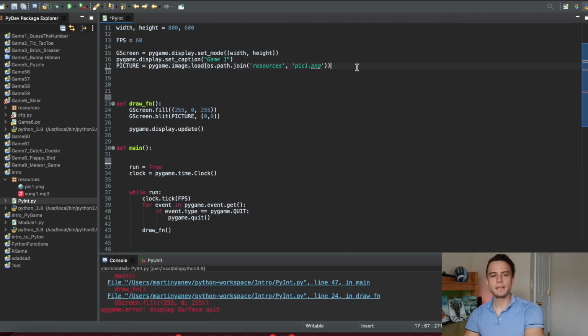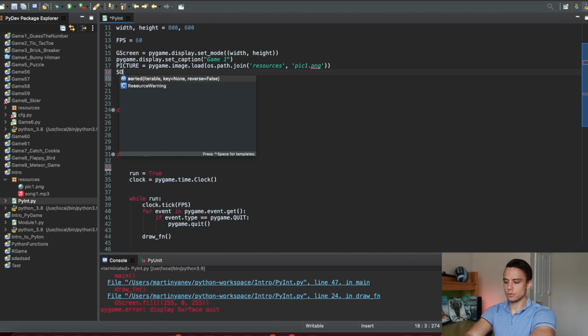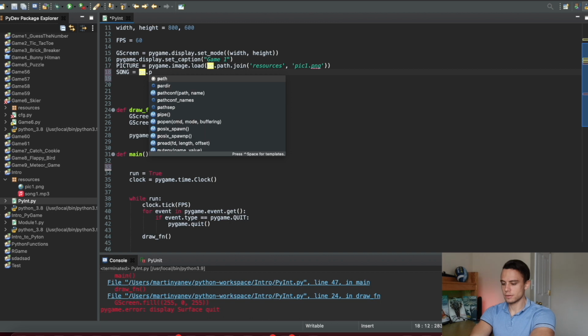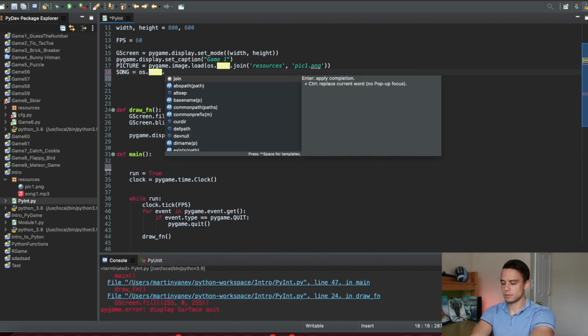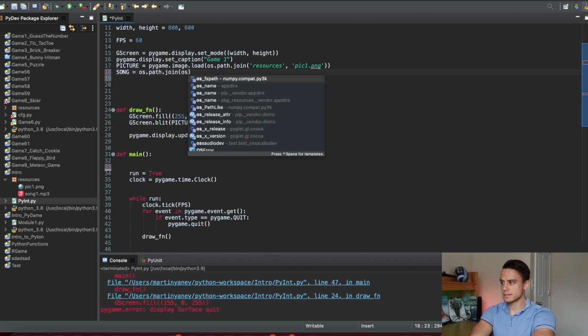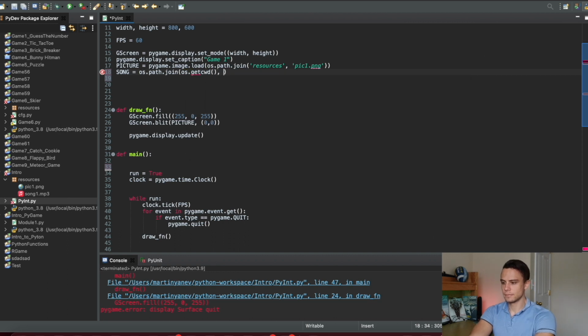Now let's see how we can actually play the song, and to add the song file I'll use another technique, different from the PyGame dot something. So we're going to use the technique with the OS path, and I will show how this is done. Let's write song equals os dot path dot join, and then here we can write os dot get cwd, and then here you can simply write